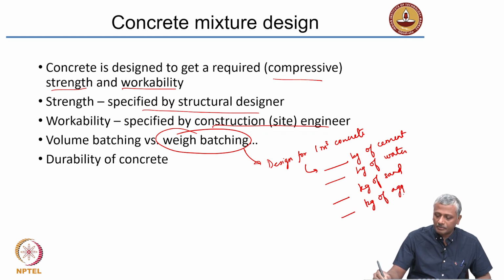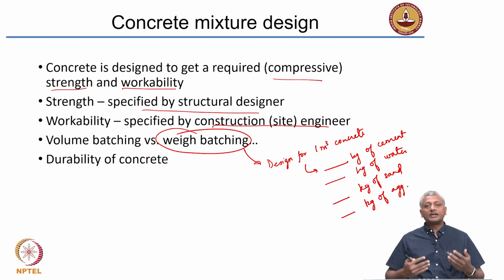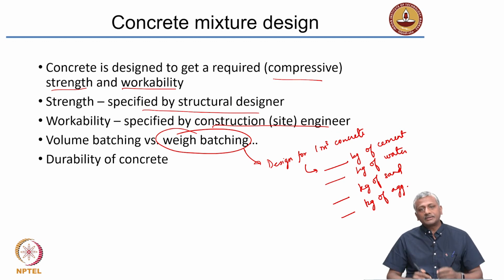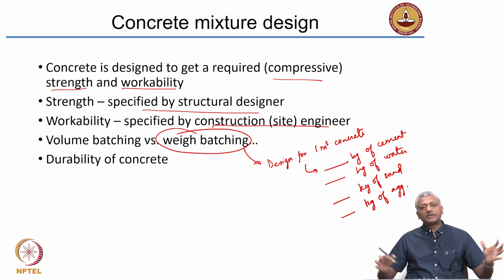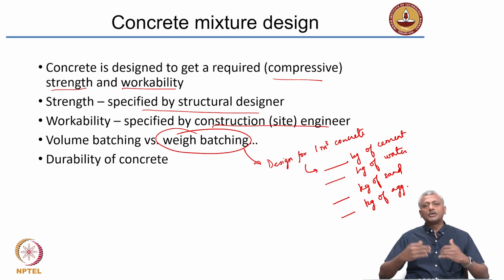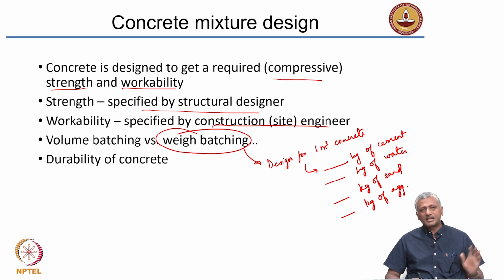And of course, you can also think about kilograms that you need to add per cubic meter of the other additives like chemical and mineral admixtures if you need them. Okay. So, that is what you do typically in a weigh batching, that you design for a 1 cubic meter concrete, but of course, depending upon the capacity of your mixer, you may want to reduce the quantity to let us say 0.5 cubic meter or 0.3 cubic meter. There are certain well defined sizes of concrete mixers available. In most cases, you need to then design appropriately for the amount of material that can be mixed in that mixer satisfactorily. Okay. So, that is called weigh batching.